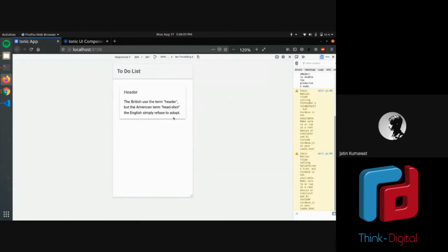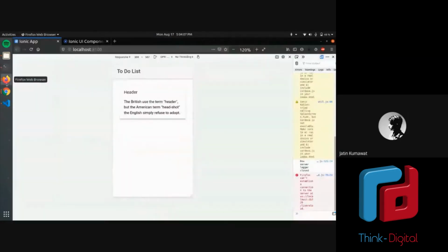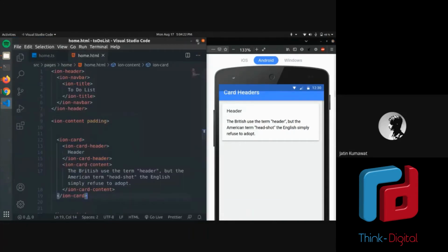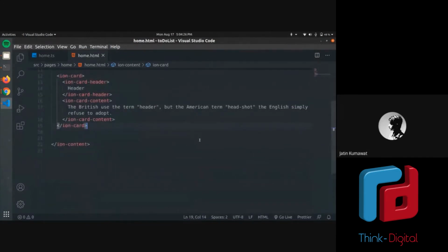Okay, so I will now be stopping this Ionic serve. If I make any changes further on, you cannot see them directly here, since you will get a bit distracted, and it also consumes a little bit of memory. So I will not be using it continuously. I'm doing Ionic serve from time to time, but not continuously. Okay, so since now we have a card, the heading, as well as the content.